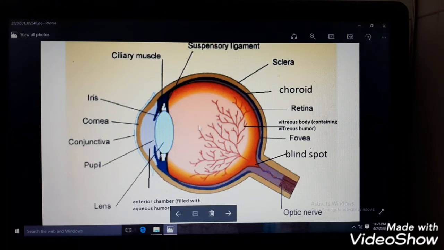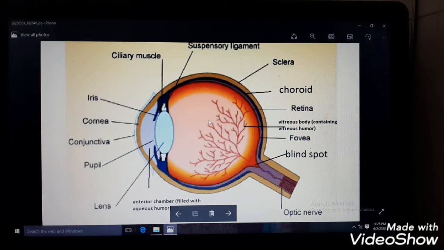Vitreous humors, actually it is jelly-like substance which keeps the eyeball in its shape, and it is some watery substance which give the moisture to our eye. Our eyes keep on moist every time. अगर ये सूखती हैं तो आपको प्रॉब्लम होती है. When there is dryness in your eye, then you will be in problem. That means you will feel itching or something else. So this aqueous humor actually keeps our eyes moistened. Okay, and this jelly-like substance present between retina and lens keeps your eyeball in shape. Clear?